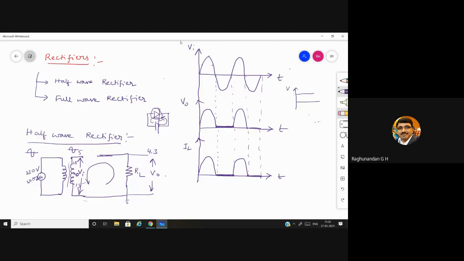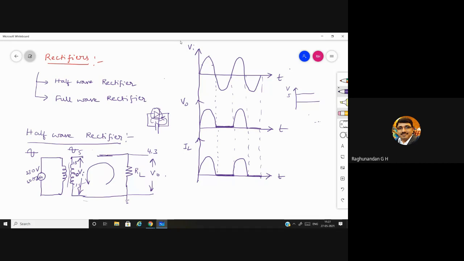And because there is no fluctuation at all, it will be continuous like this. It will be a straight line. If it is 5 volt, it will be 5 volt. If you keep it for 1 hour also, it will be 5 volt only. But this is going to change with respect to time. For every second, this is going to change its level.